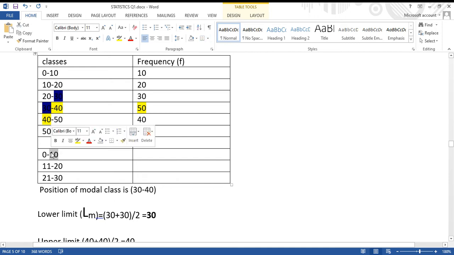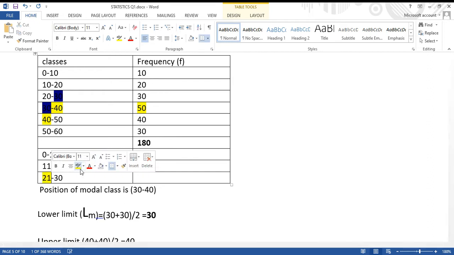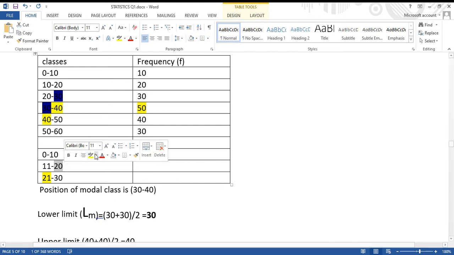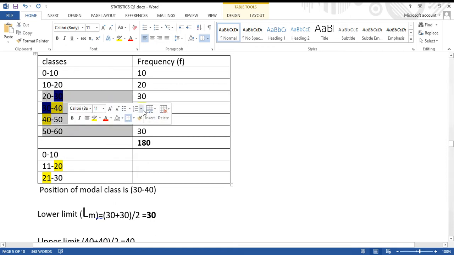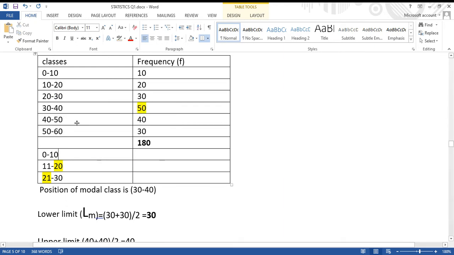You add this one and that one, you get your lower limit. You add this one and that one, you get your upper limit. So what I'm basically trying to say is, when you have a class like this one here, 10 to 20, 30,